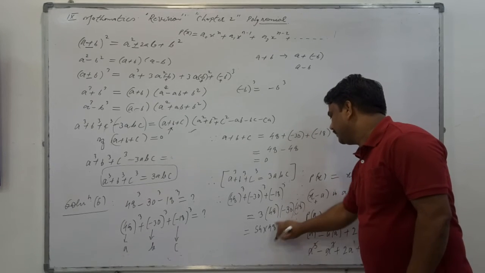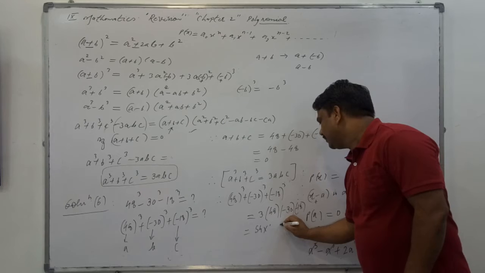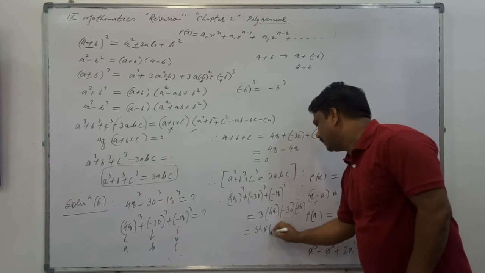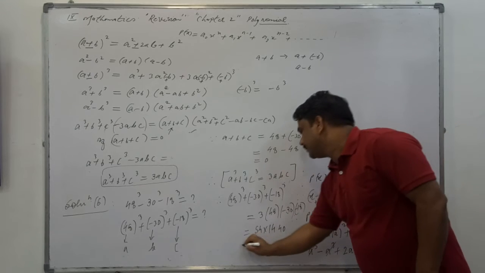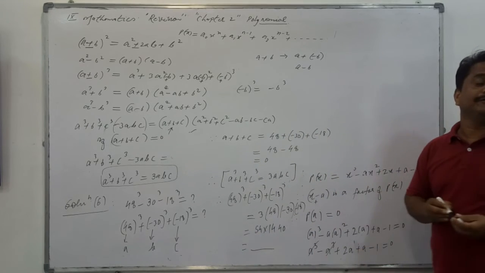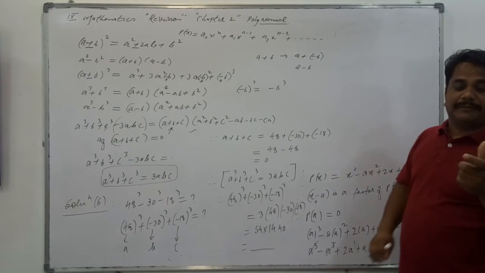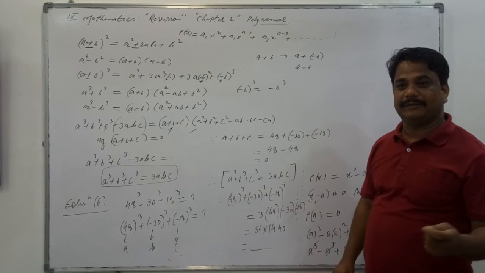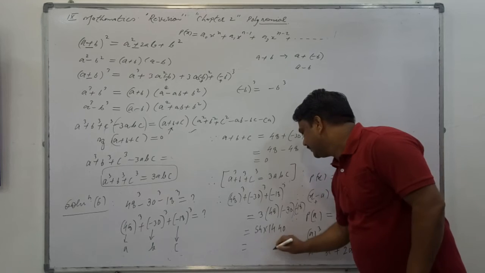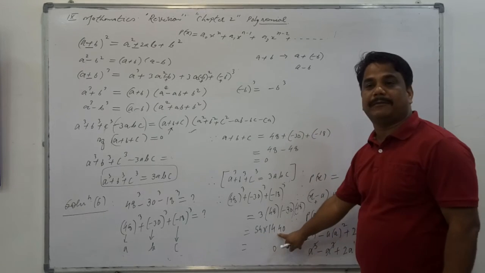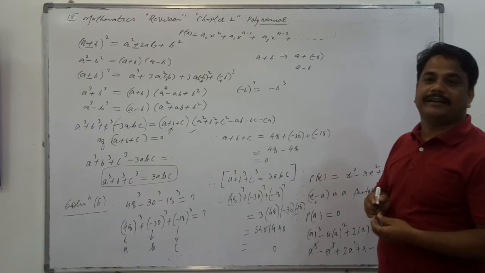I think this is 200. 3 8s are 24, 3 4s are 12, 14 and 0 is also there. Minus minus plus. Now multiply this, whichever way you want. But I told you the method of solving questions. What trick for multiplication? How can you multiply? 54 0 times 54 0, it is 54 4. You have to learn the times tables. 5 4s are 20.